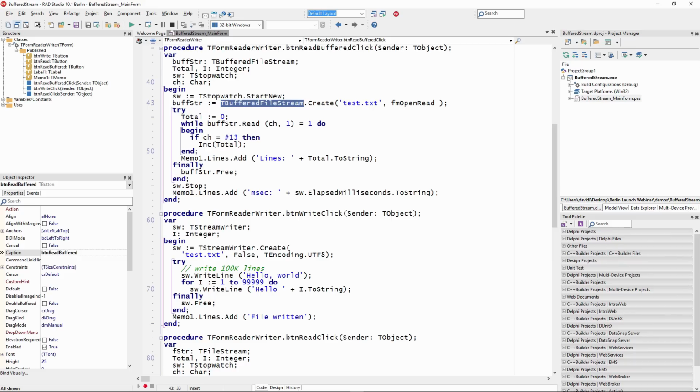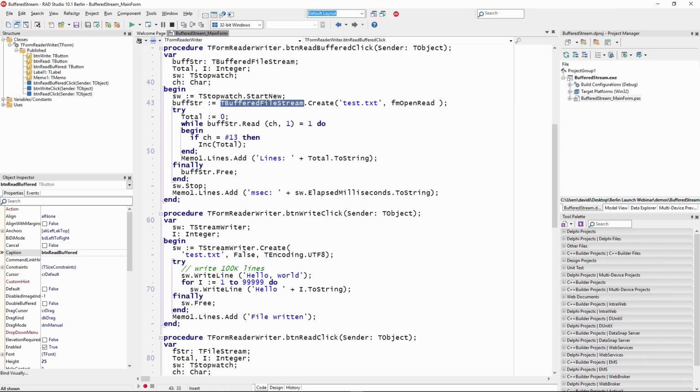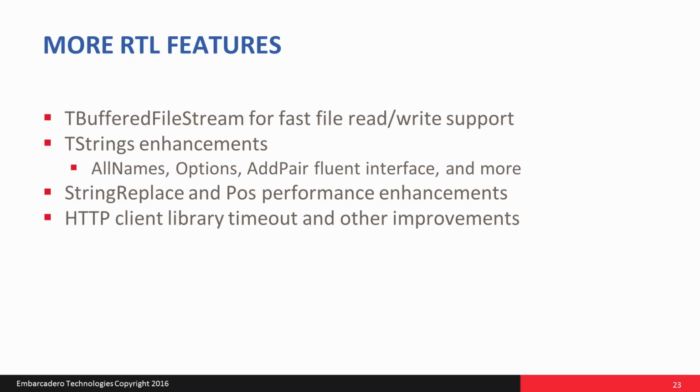Now, this is a very specific case where buffering helps, because the original read operation is really 2 bytes at a time. However, it's indicative of the fact that if you have similar code, you can just replace the TFileStream with a buffered stream, and you can gain some advantage in terms of performance. Having said this, I'm done with the initial part covering the language and the RTL, and now it's Serena's turn